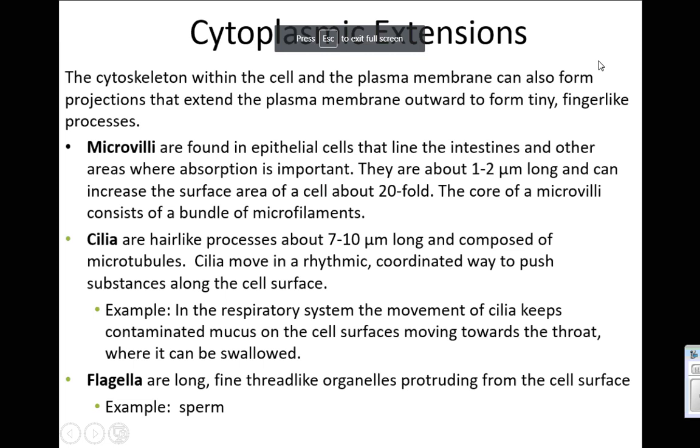Just go ahead and pick up where we left off on Friday. The lesson that we had discussed were the structures that make up the cytoskeleton. And that brings us to the point now where we can start to talk about other stuff with the cell. We'll get to talk today later about the plasma membrane, which forms the outer boundary of the cell. Okay. The cytoskeleton in some cells will push out on that plasma membrane to form these projections that provide special